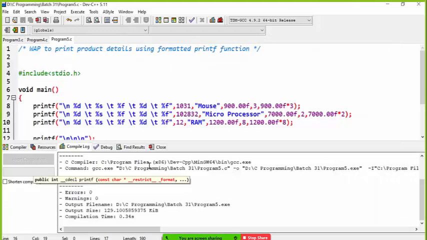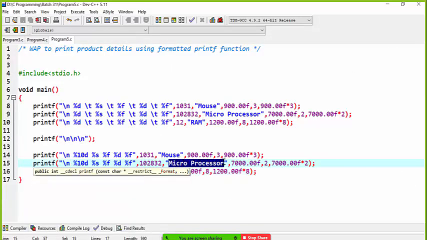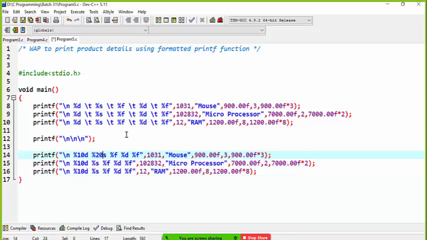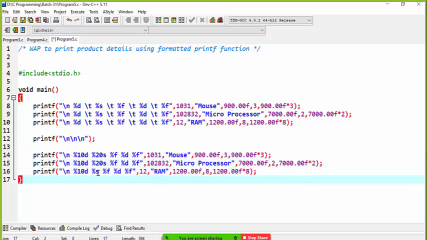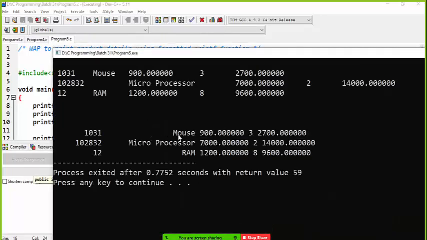Now think about your product name. The maximum number of characters in the product name is nearly 13. So I type something more than 13. I type 20. Now if I run the code, it prints like this. The system manages that name by adding some space. So the alignment is to the right side.